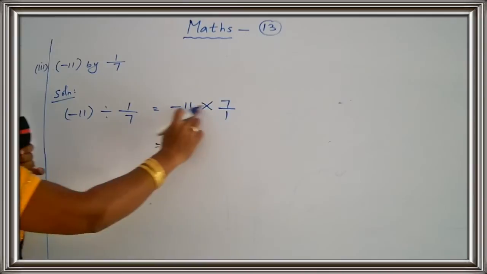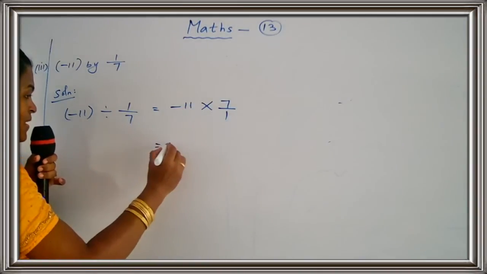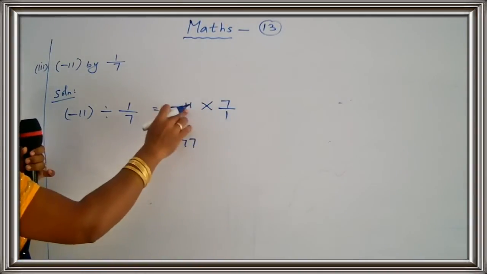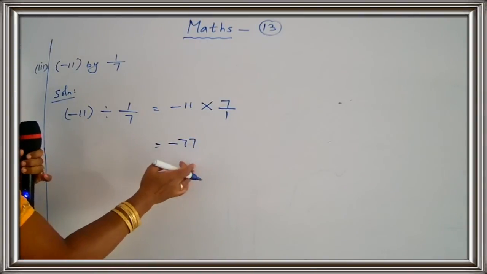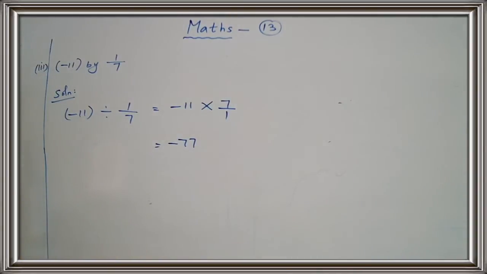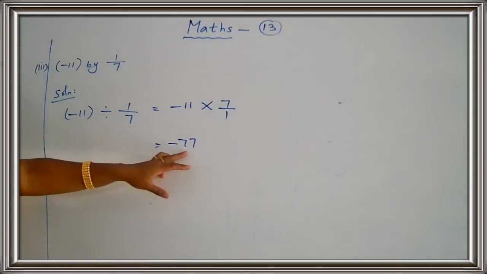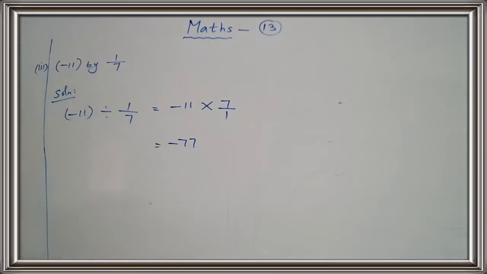Okay, children? So, minus 11 into 7, minus 77. So, here denominator also 1. Here also denominator 1. So, your answer is minus 77 upon 1. Same meaning, minus 77. So, minus 77 upon 1 is equal to minus 77 only. Okay. So, therefore, your answer is minus 77. Okay, children? Clear? Yes. Write down in your classwork note. Third one. Write down in your classwork note.